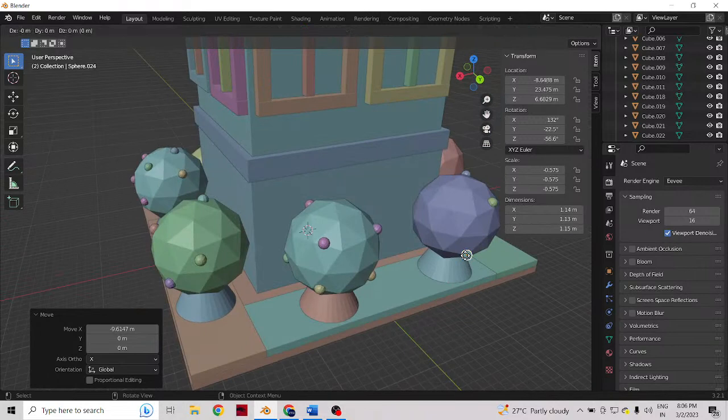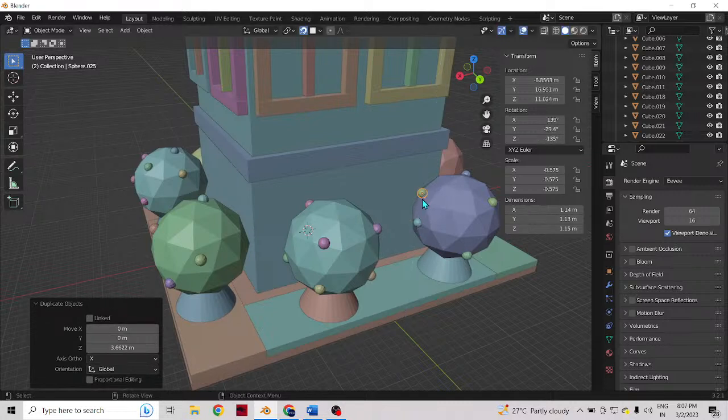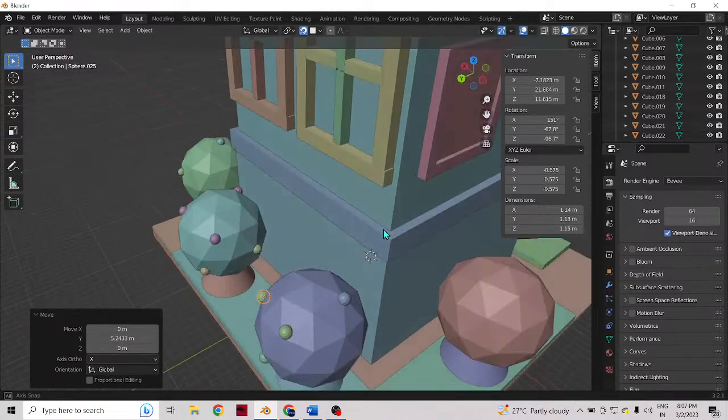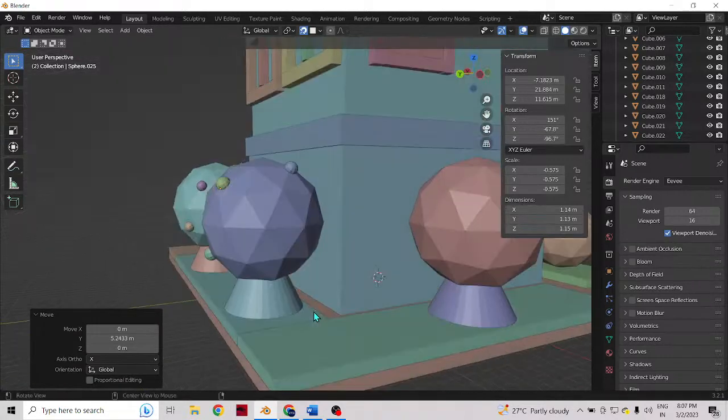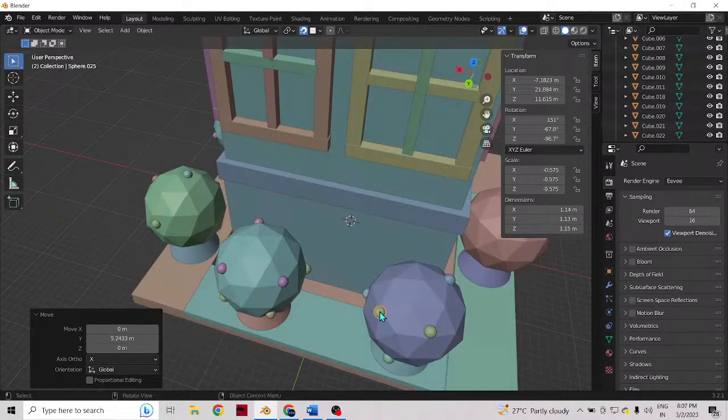Then shift D in the Y-axis and place it here. Shift D, Z, place it here, and grab it further and take it in Y and place it here. Okay, I'll place one on top and then one over here in some way. Okay, so shift D, Y,